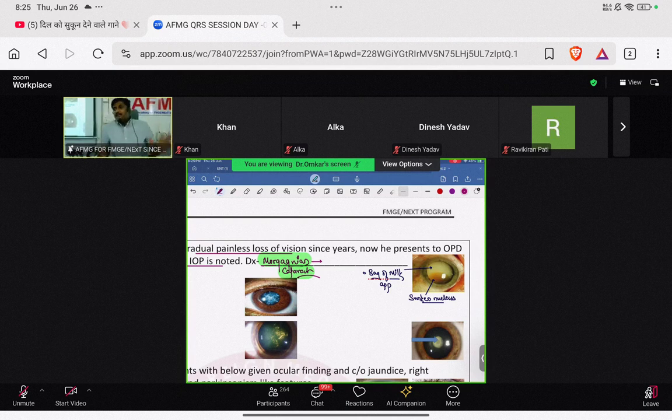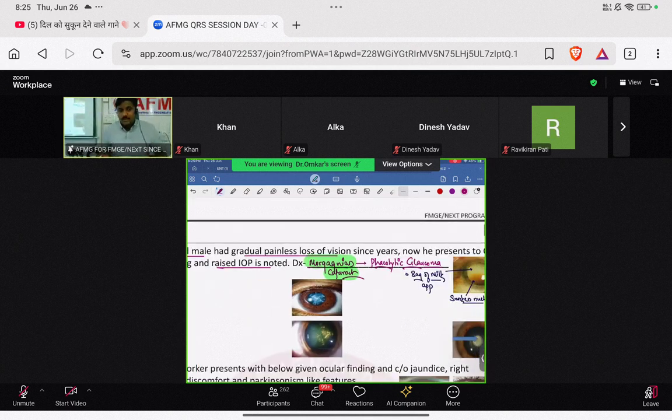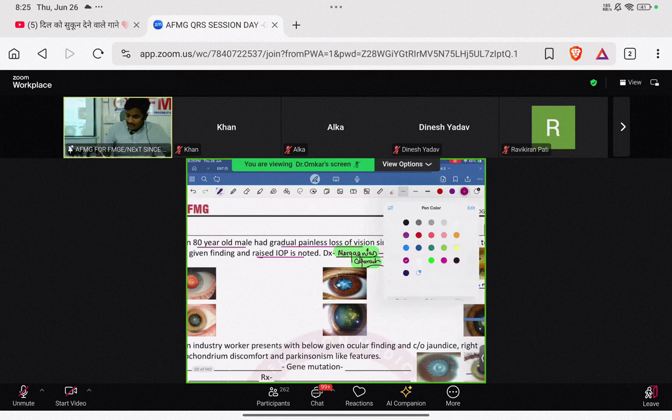And this secondary open angle glaucoma seen in Morgagnian cataract is known as phacolytic glaucoma because it was due to damage to the lens, beta. And that has been a question: which type of glaucoma is usually seen in a patient suffering from Morgagnian cataract? Answer has to be phacolytic glaucoma, because it happened due to damage to the lens. Clear? Understood.